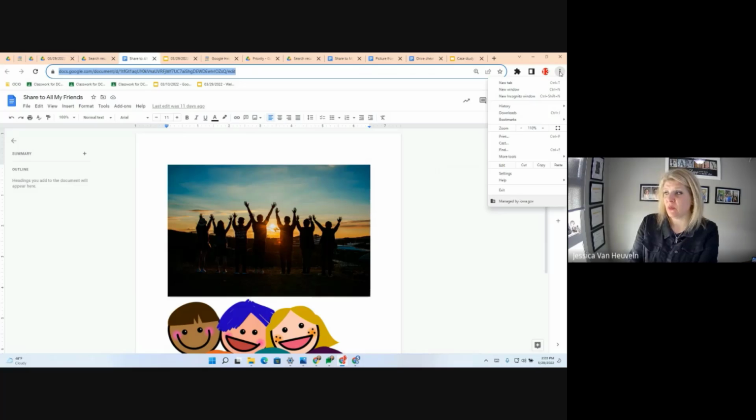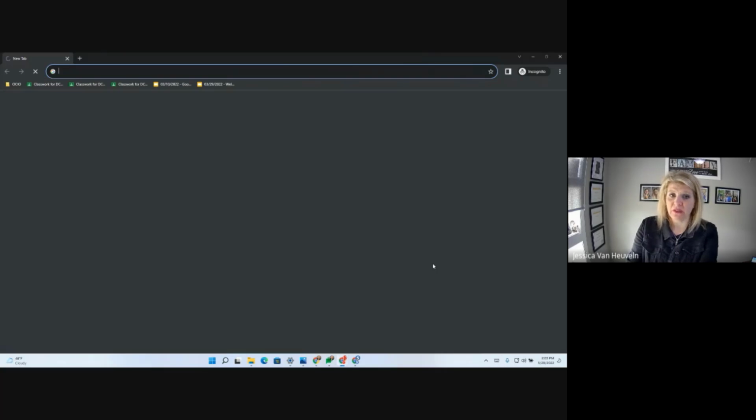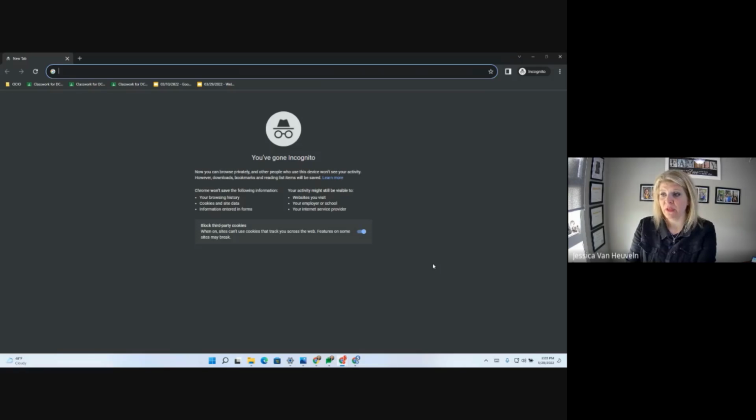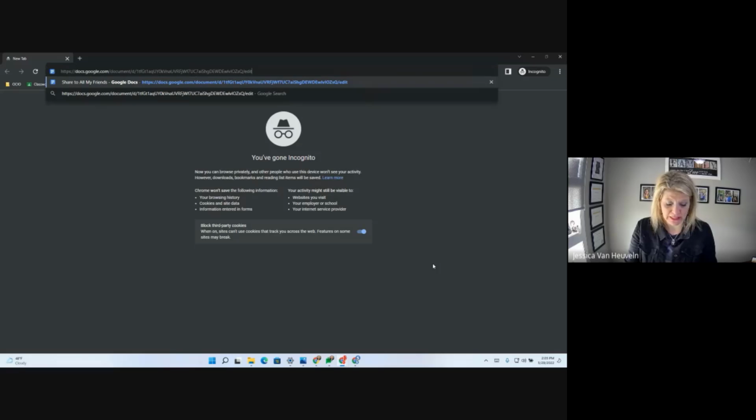Incognito window is another way of saying a private window. So if you go to the 3 dots in Chrome, you'll have an option to create a new incognito window. You'll notice it tells you exactly what an incognito window means: that your browsing history is not on, and whatever cookies you may have in your own Chrome profile are no longer applied to this particular tab. So if this is anyone with the link access, and I paste that URL in here,